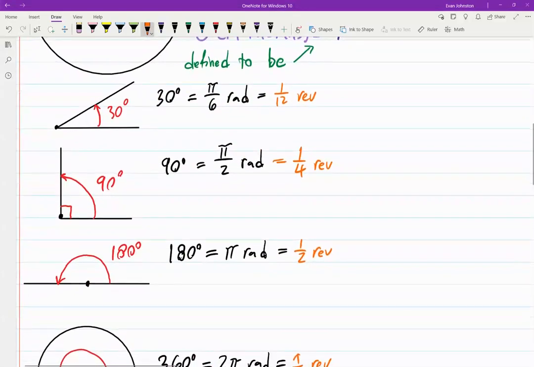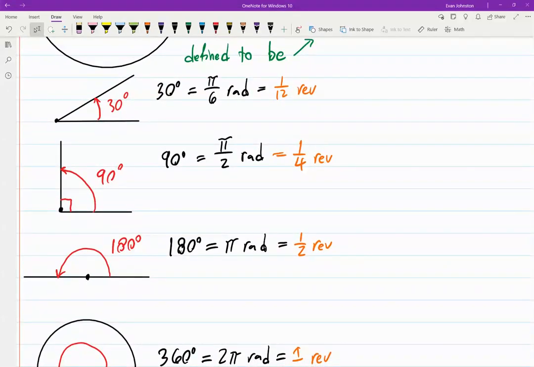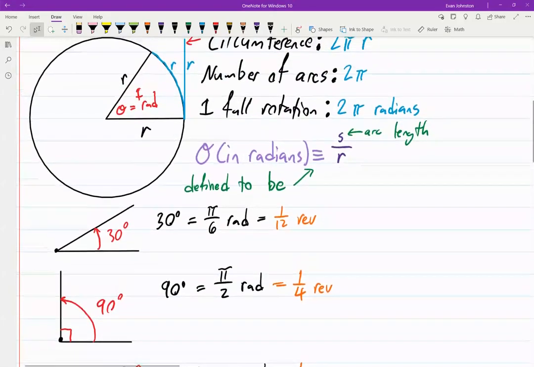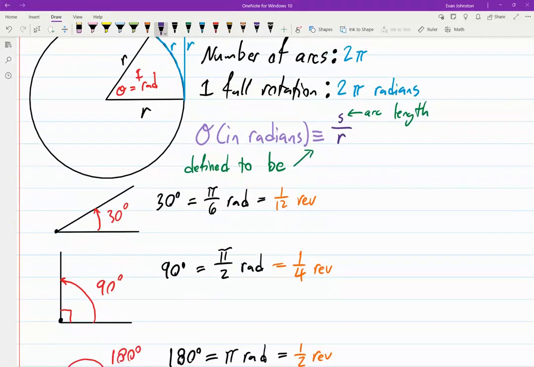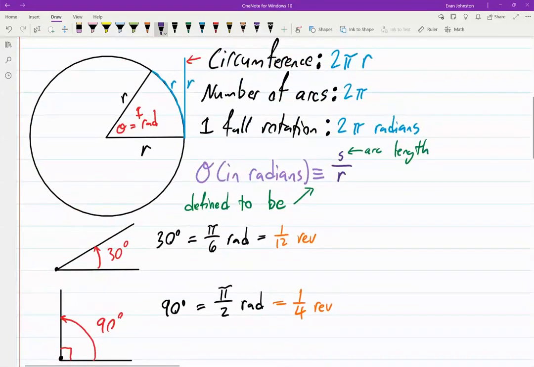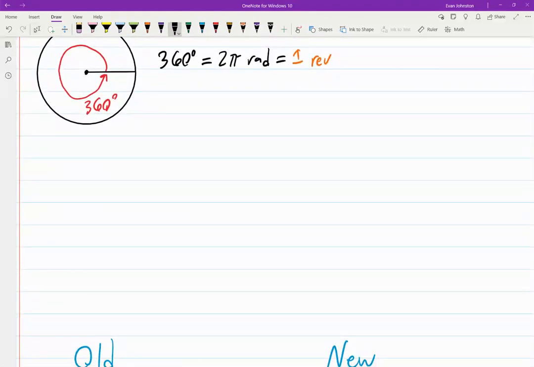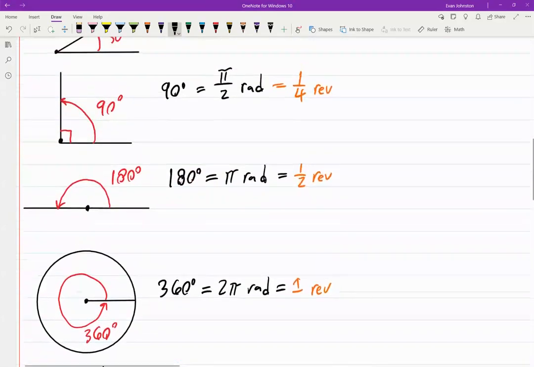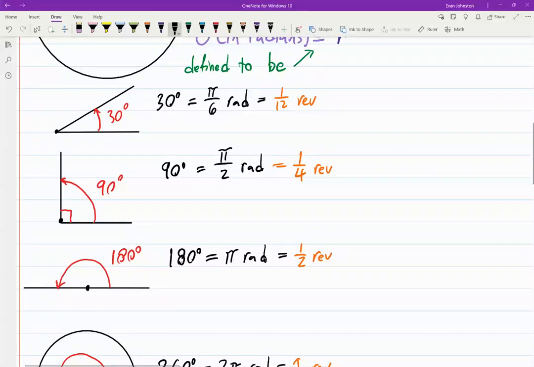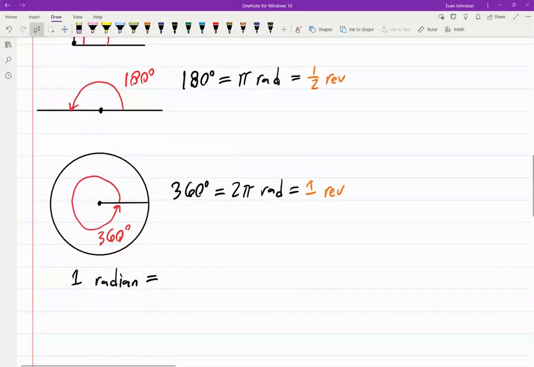Now that we have a little space here, I want to look at just what 1 radian is, because we haven't dealt with just 1 radian. So I'm going to go down here, but we're going to really be thinking about this picture up here. If we want to find that angle, I want to find just 1 radian. Well, how have we been doing these conversions so far? We've really been taking the angle and dividing it by 2 pi. So if 1 radian,